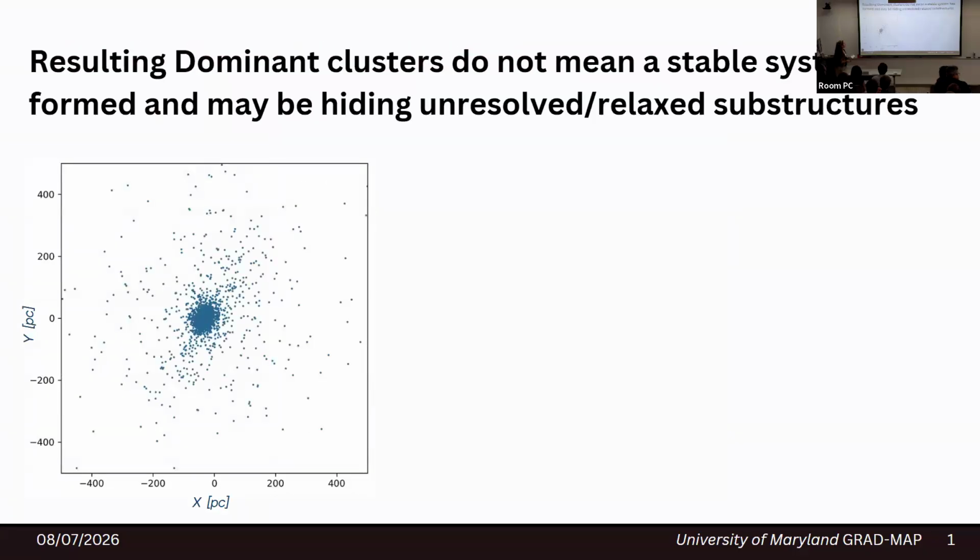So we may see something like this and say, oh, that looks pretty similar to our Plummer model with a dense core and a diffuse envelope. Is this a globular cluster? Well, these are projections that can hide more information. This is a 3D space that the cluster takes up, and this projection can hide unresolved or unrelaxed substructures within